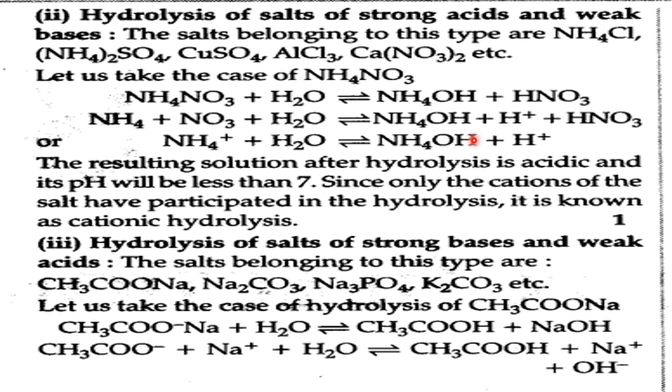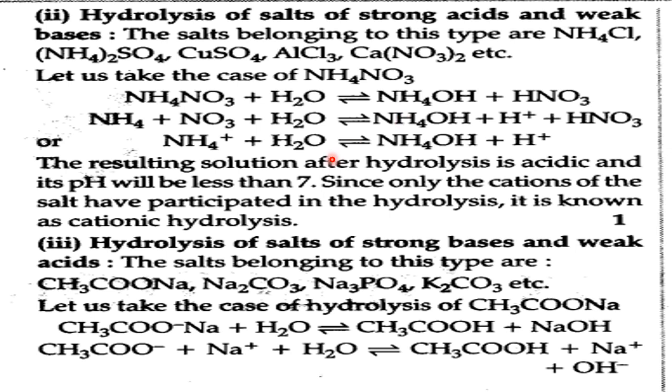Why will H plus remain? Because ammonium hydroxide is a weak electrolyte. So it will not give as many OH ions to balance the H plus. H plus ions are more in number. So because H plus ions are more in number, it will definitely show pH less than 7, because H plus is acidic. So that's why when a strong acid and weak base react, the pH of the salt formed is always less than 7. It is because of the existence of H plus ions, which in turn is because of the complete dissociation of the strong acid.